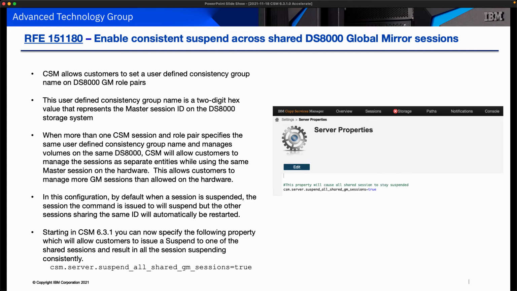But what we'll do is we'll pull that session you suspended out of the master session ID, and then we'll restart the master so that all the other sessions that were sharing it get restarted and start forming consistency groups. Well, in this particular case, they wanted the ability to do the suspension without the restart. So they wanted all the sessions that shared the same session ID, the same user-defined consistency group, to suspend and stay suspended, thus suspending consistently. So to do this,